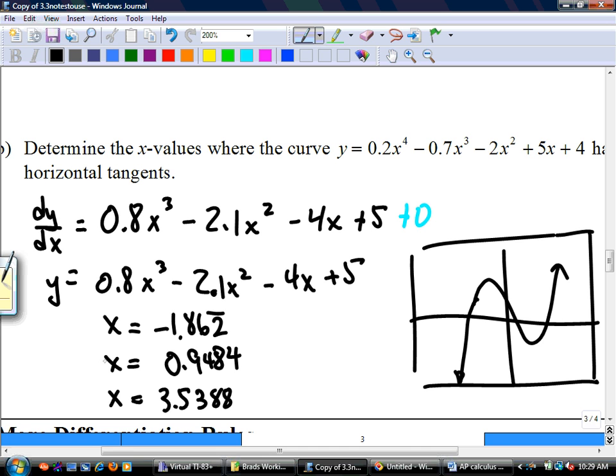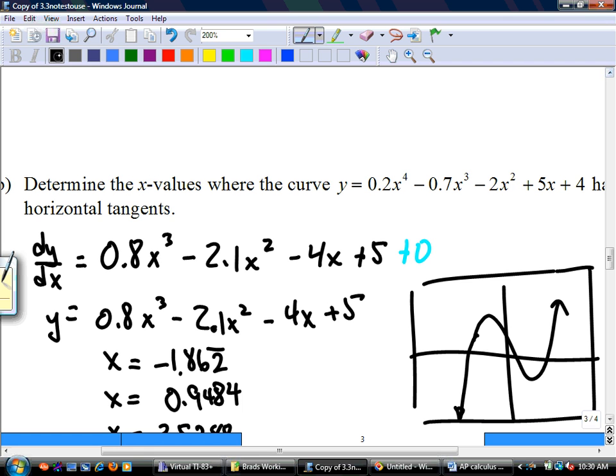So those three x coordinates will have horizontal tangents. So if I graph the quartic function, the power of 4, I know that at those 3 points, I'm going to have that W-ish where it changes. Now, I'm ish drawing, so you just have to accept the fact that I